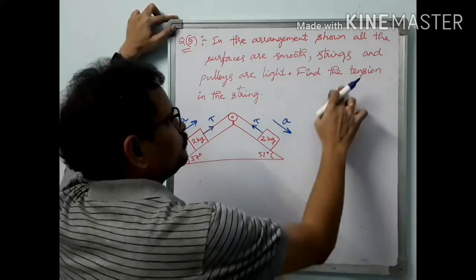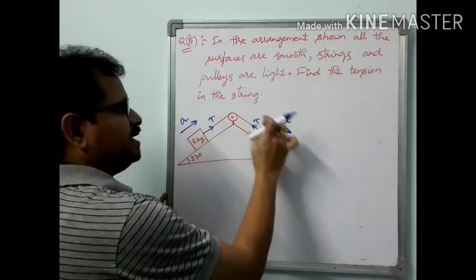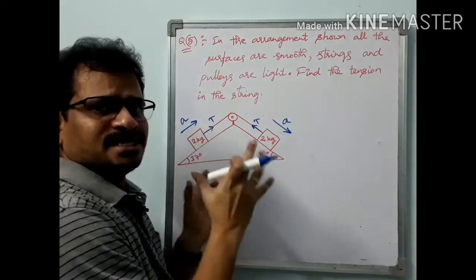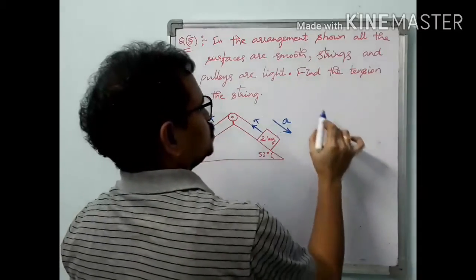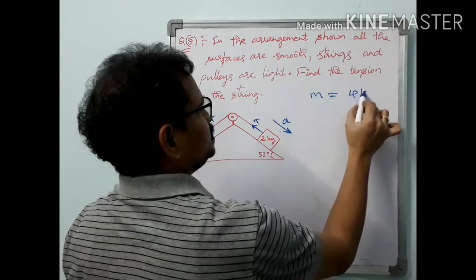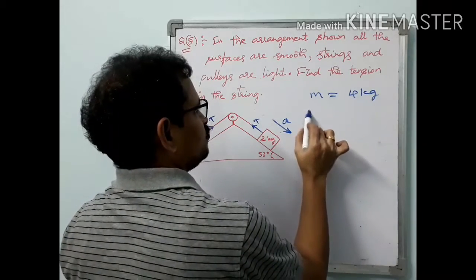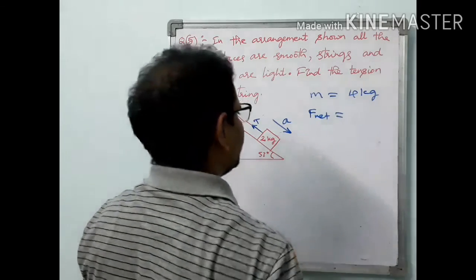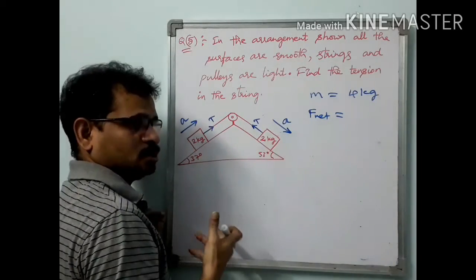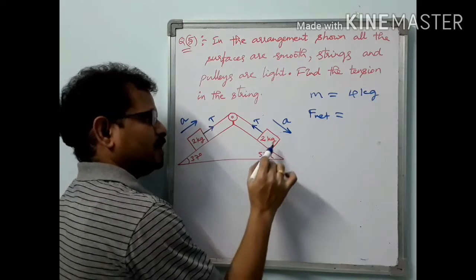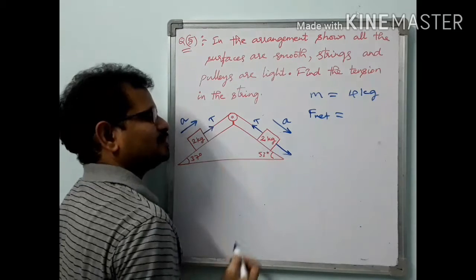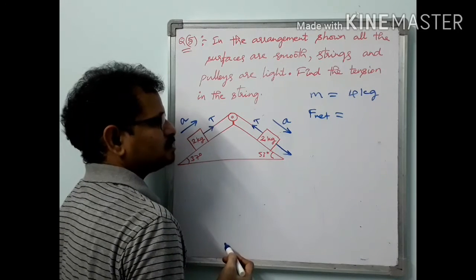Now I am considering these two blocks and this rope, all the bodies given here, as a single system. So what is the total mass I am considering? 2 kg plus 2 kg is 4 kg, the total mass. Next, what is the net pulling force? F net equal how much? Let us find out. Previously it was in the vertical direction, so we easily calculated there, but here you have to find the pulling force. Pulling force acts in this direction, no? So how much pulling force acts here?